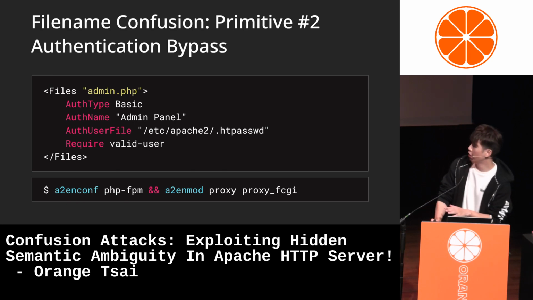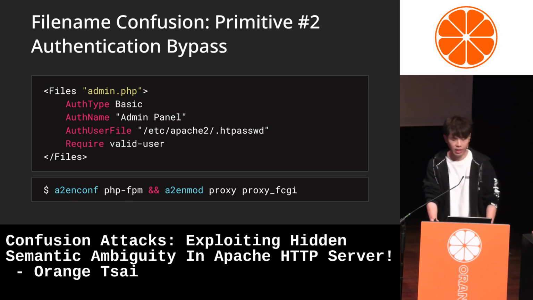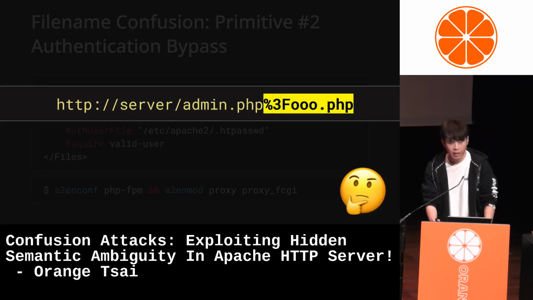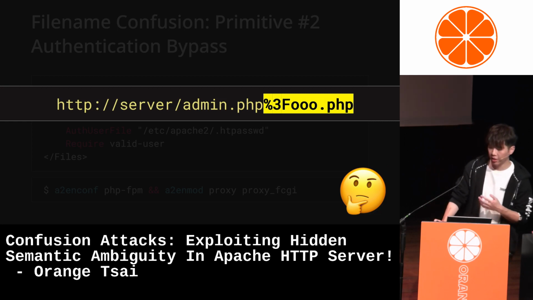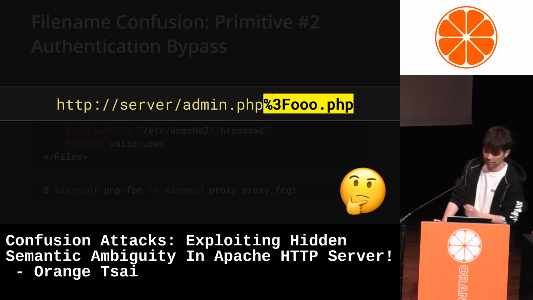This type of authentication can be bypassed by default when the target is running under PHP-FPM. Imagine when you visit a URL like this: admin.php%3foo.php.